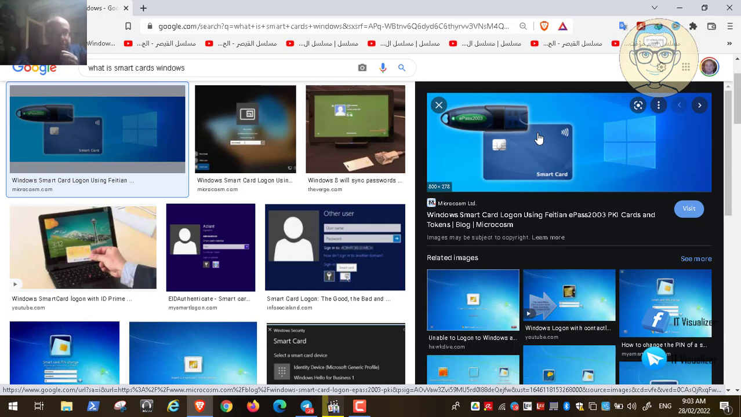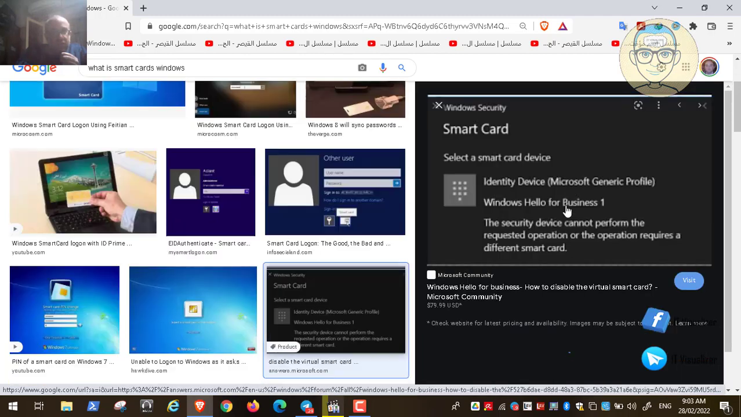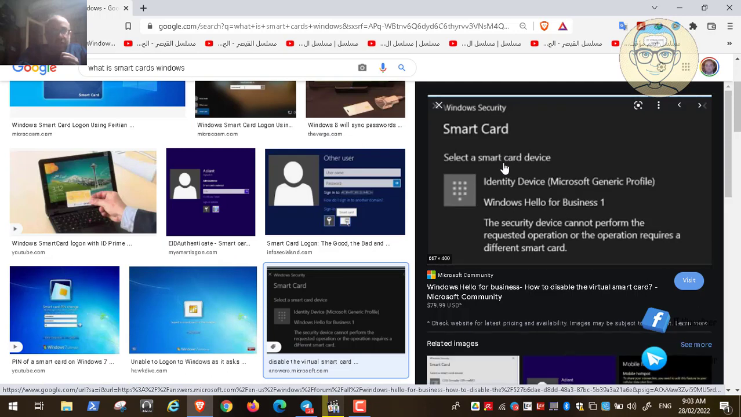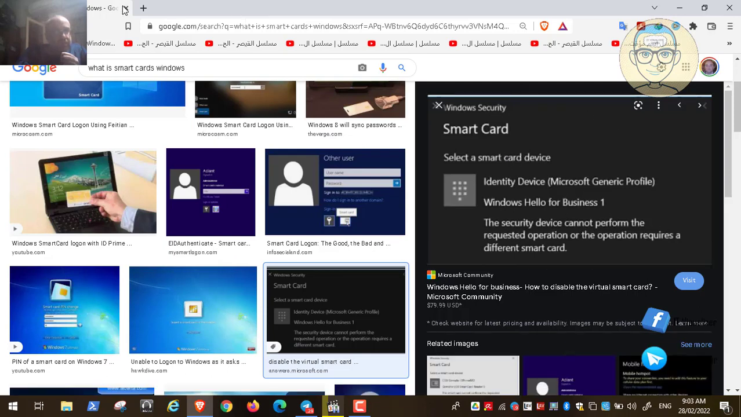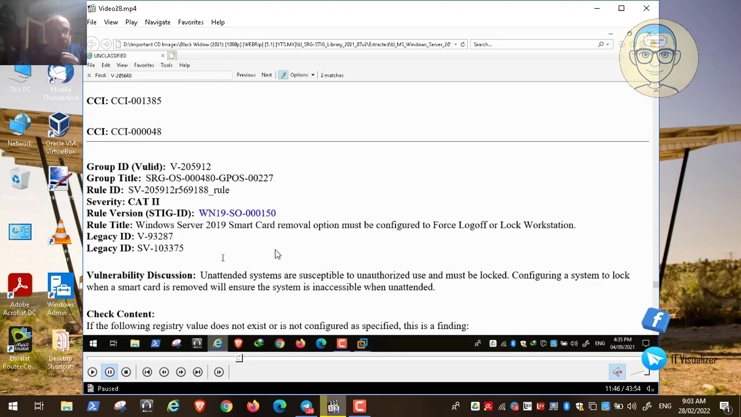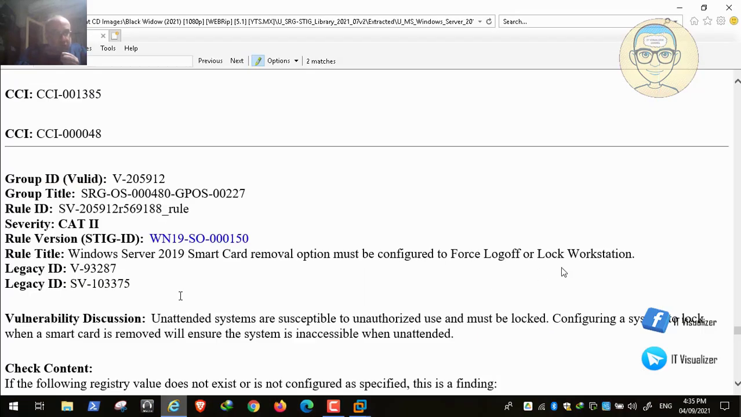It can be to lock the machine with a screensaver or to log off of the machine when you remove this device or remove this card. Here we can see this is something also: select a smart card. So this is what we mean by smart card. When you remove this smart card, Windows should force a log off